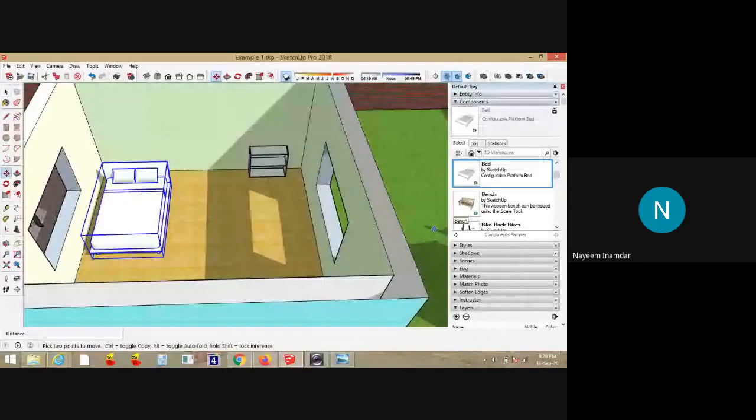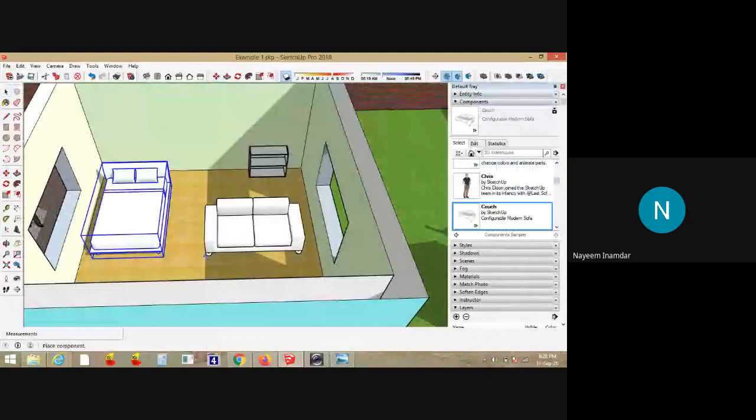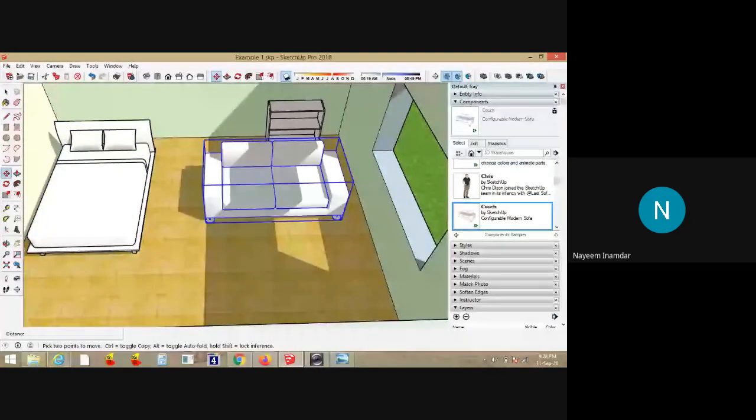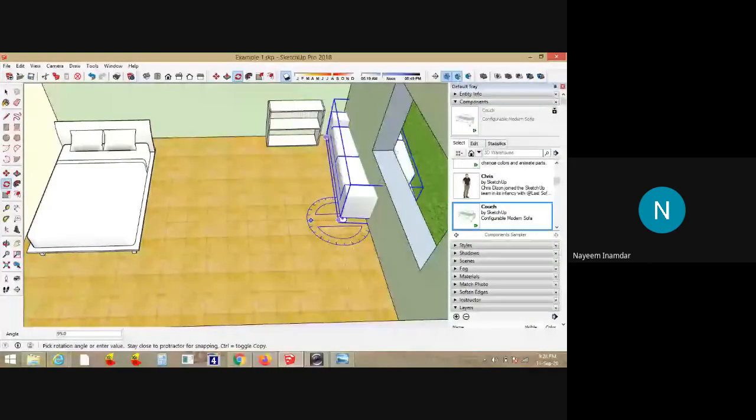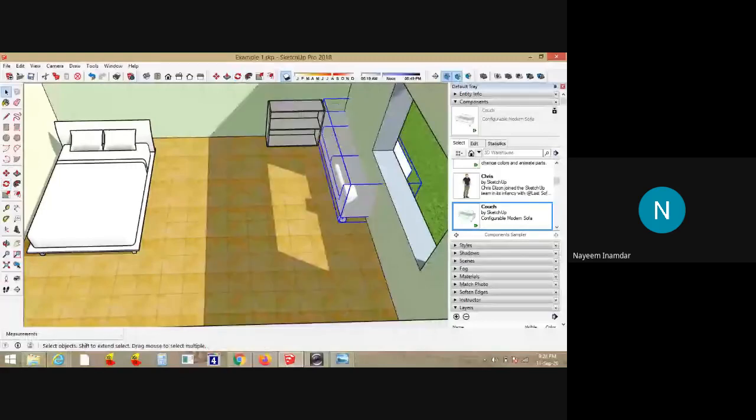You can have sofa set. Suppose if you want to have sofa set, you can have it. If you want to rotate it, you can rotate it also. You can rotate it like this, and just move this somewhere here.